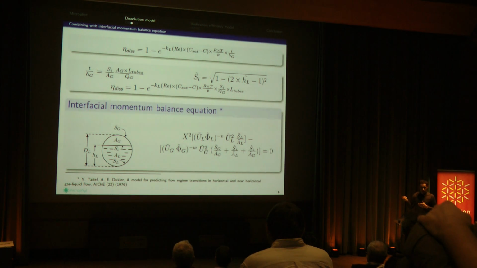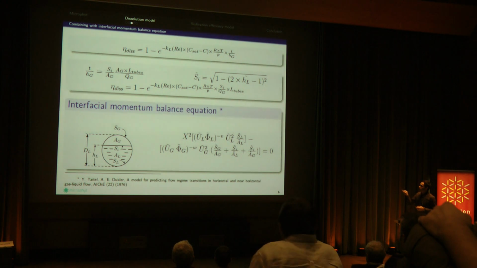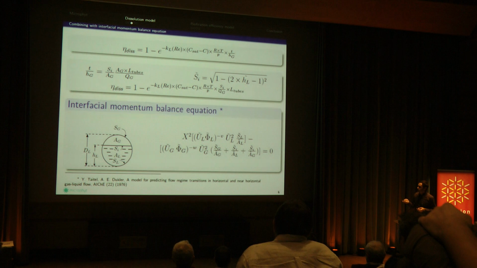Now we want to adapt this formula to the flow in the photobioreactor. So the third hypothesis is to consider an equivalent stratified two-phase flow, so that we can express the contact time as a function of the gas section. Here is a section of the stratified flow in a pipe, and as a function of the gas flow rate, the interface can be expressed as a function of the liquid height, so that this expression here is a